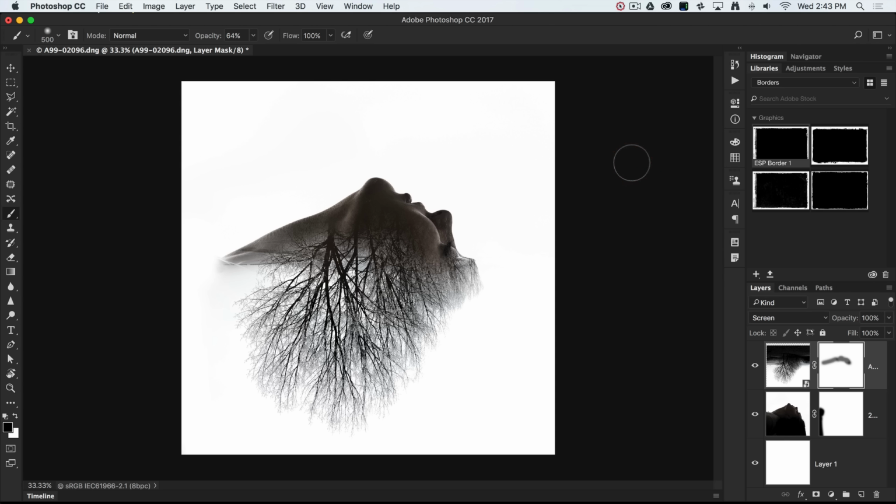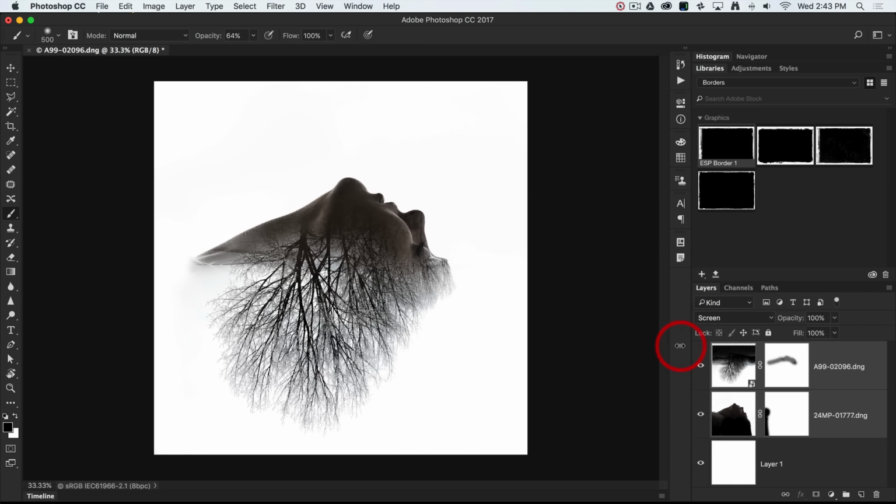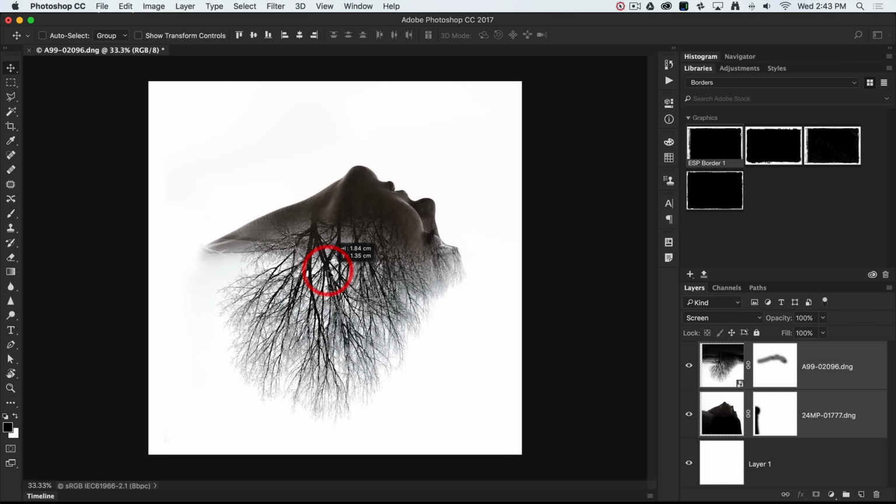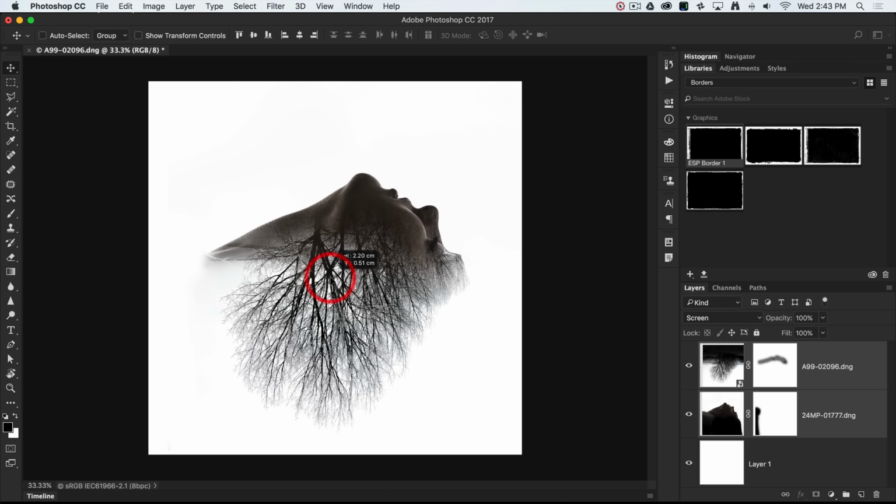Okay, so I'm really happy with the blend here now, but I want to move both of these layers at the same time. It just needs to be a little bit centered. So I'm just going to hold down the Shift key and select this second layer. I'll just bring that out so you can actually see a little bit more of the work that's going on here. Okay, so with both those layers selected, I'm going to select the Move tool, and then both of the layers will move in unison together,